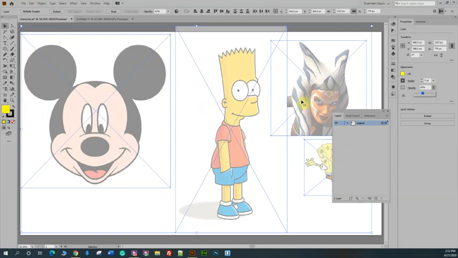Now another thing that I recommend, if you're going to try to recreate a picture, is select it, place it on your page, and then change the opacity so it's a lot lighter. And then that way you can more or less sketch over it. And you notice that I dropped it down quite a bit. I can't remember the exact